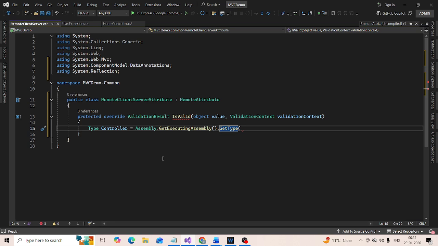So basically, all the classes, interfaces, and structures, and from those types,